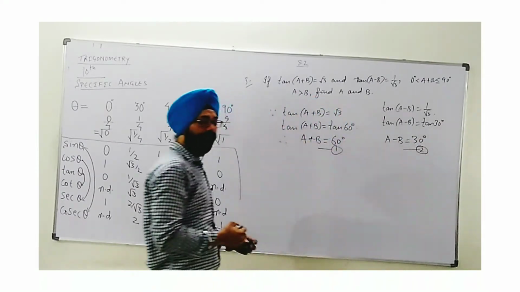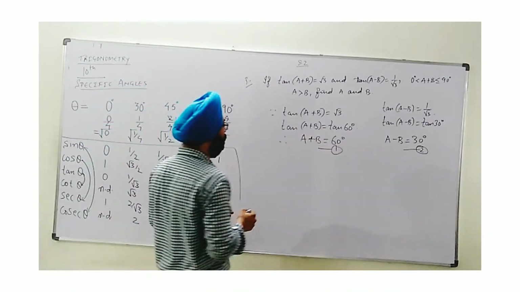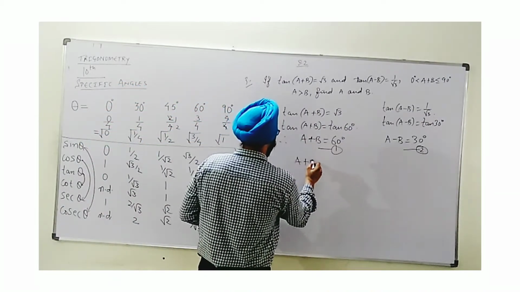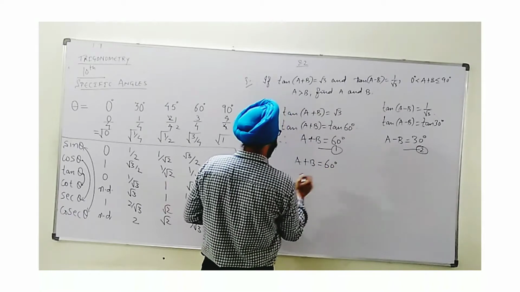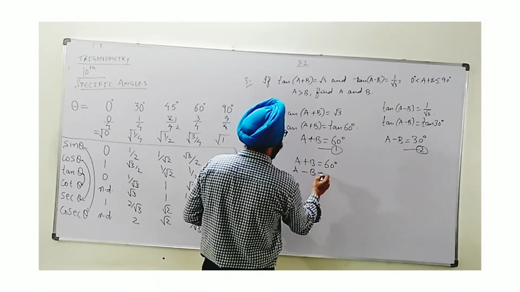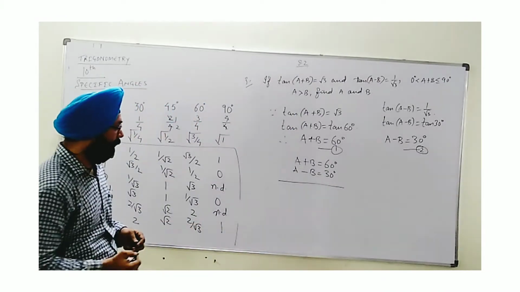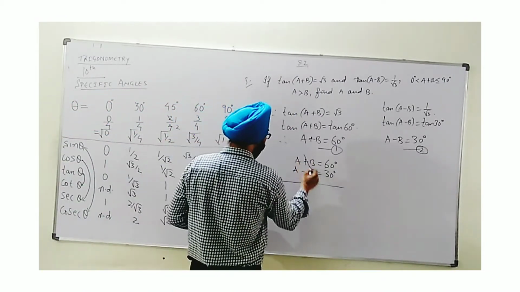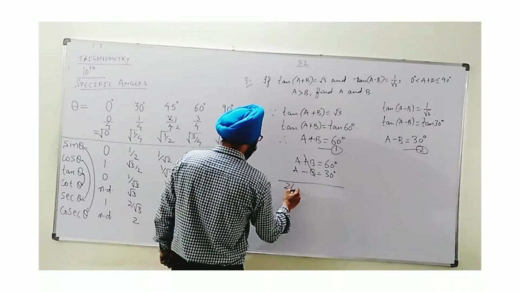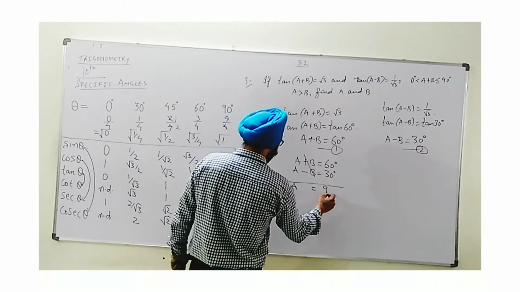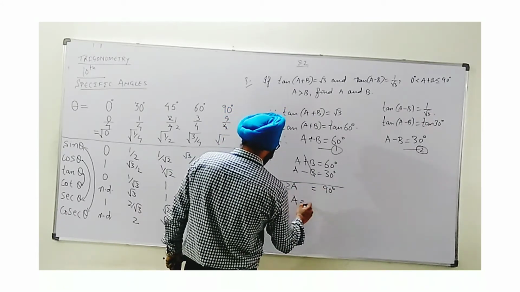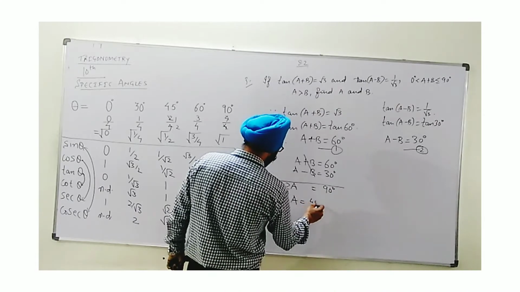The only thing we need to do is to solve these two equations. So we can use elimination method or other method if you want, like substitution. These are linear equations in two variables. Actually, variables are A and B. So yes, we get these two cancelled out. A plus A, 2A is 90 degree, and A will be 90 divided by 2 gives you 45.